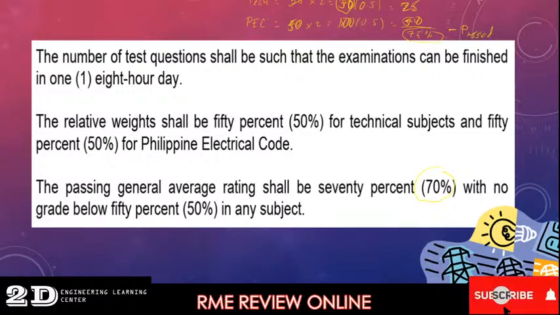Pero pag naging 24 to, this will be also 74. So, kahit pa mas mataas ka sa 70 na passing rate, but you have a subject na below 50% or below 25 na score, then, ang mangyayari dyan is, hindi ka papasa. Nag-fail ka sa exam. And unlike dati na yung pabalikan mo lang is yung subject kung saan ka mababa or kung saan ang below 50 ka, ngayon you will retake all of the subjects.